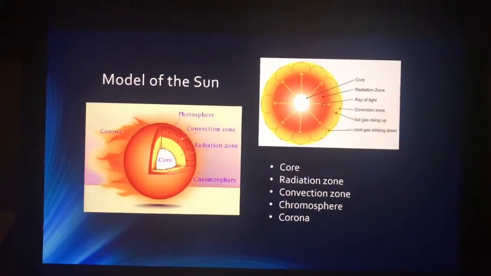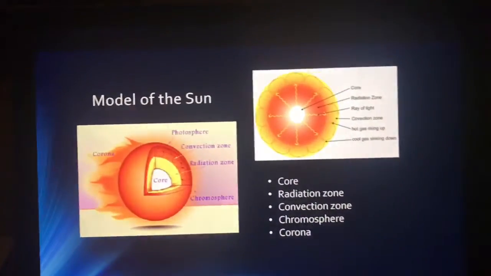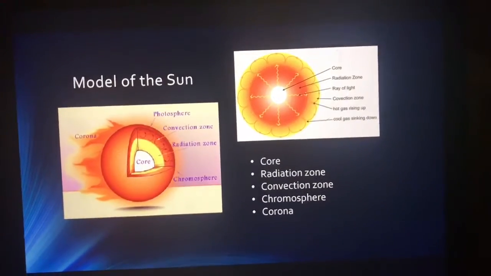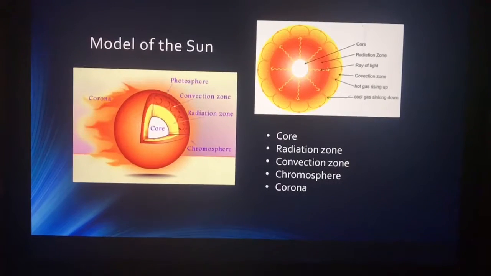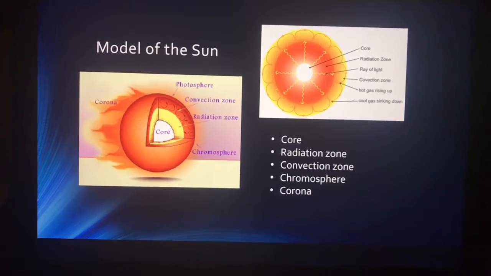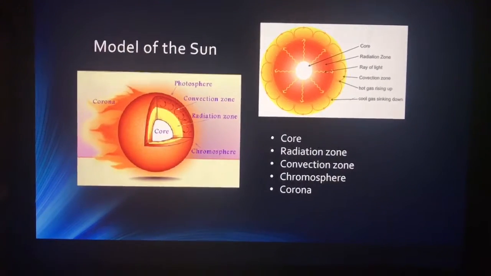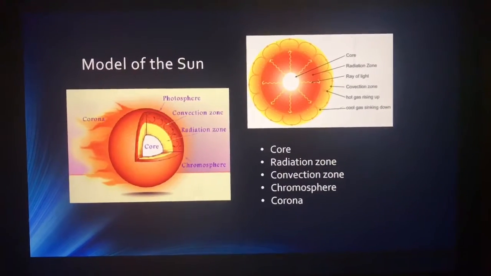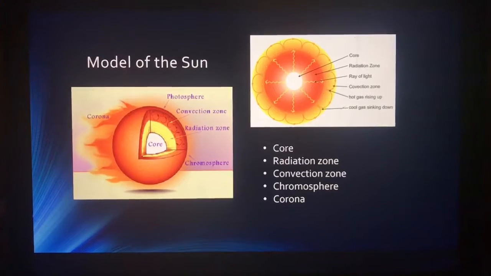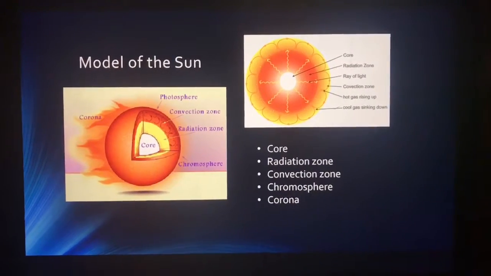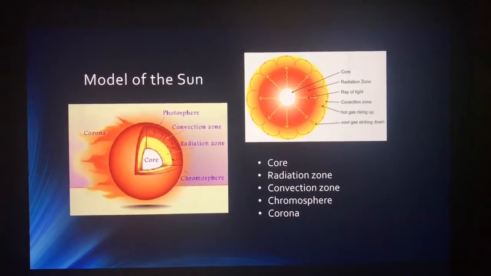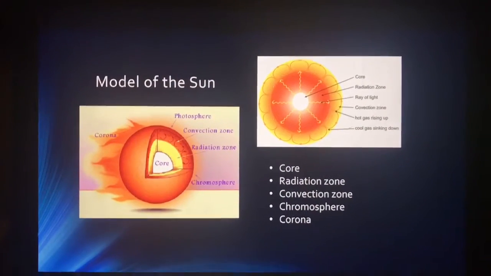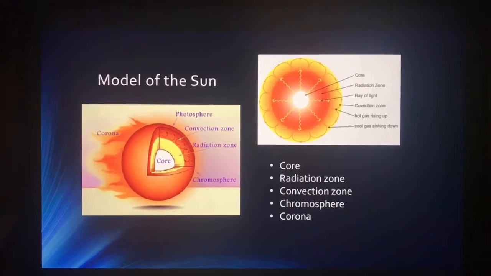So, nothing is more important to life on this planet than the sun. Without the sun, the Earth would still be a huge ball of ice. The sun's responsible for warming our oceans, for growing our plants, giving us oxygen and food, for just really life in general. So, how did it go about creating life and warming Earth? How does it make heat and